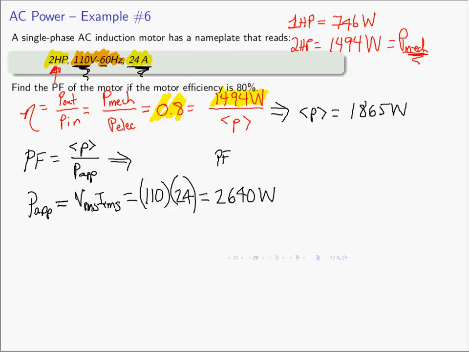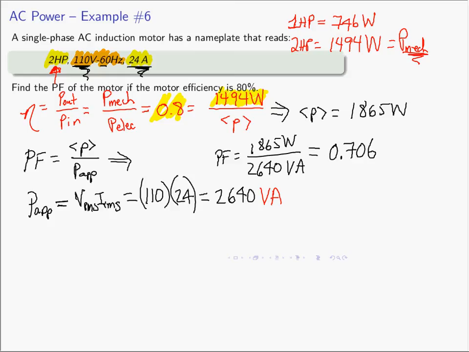So now we can find the power factor. The power factor is going to be 1,865 watts divided by 2,640. Oh, I've made a mistake, because this is the apparent power, and the apparent power is not written in watts. Apparent power is in volt amperes. My mistake, I apologize. So the power factor is 1,865 watts divided by 2,640 volt amperes. Of course, watts and volt amperes will cancel. And in doing that, we will find the power factor, in this case, is